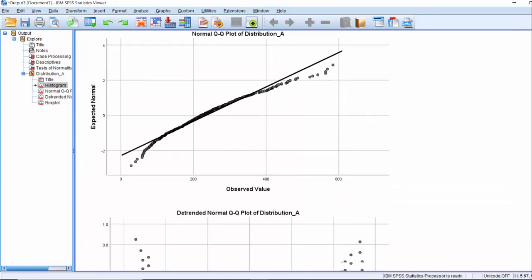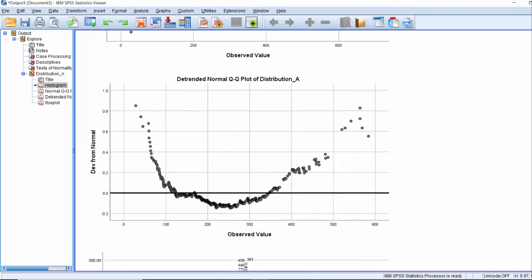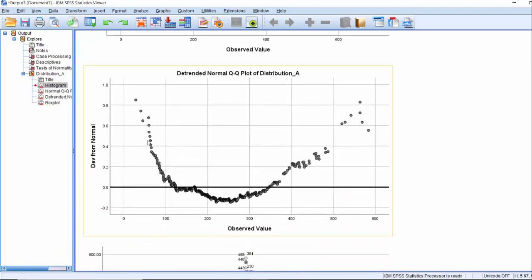The detrended normal QQ is a similar sort of thing here. We're not so much interested in whether or not things lie within the curve, but rather whether or not the points are randomly distributed around the curve, in which case we might see a sort of zigzag pattern if it was just random. But here we're seeing a distinctive U-shaped pattern, which is associated strongly with